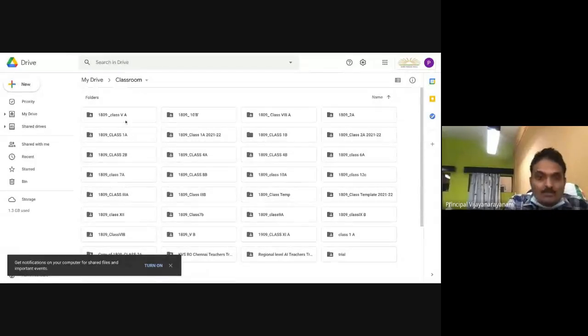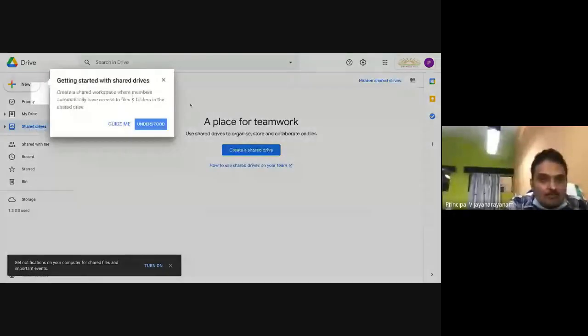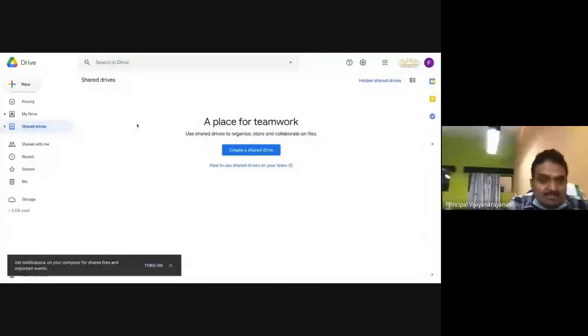The last stage of it is that there may be some shared drives here. You can see this option, shared drives. Currently, I have removed them for all my team, so nothing is available there. In this section, if anything is available, you can remove it or return it. If you are returning it, nothing will be available in this area.